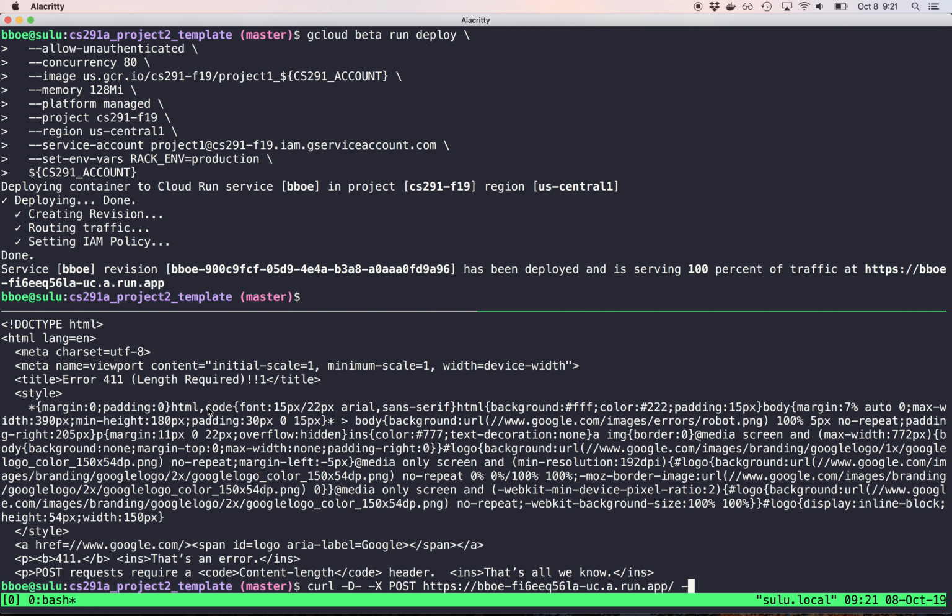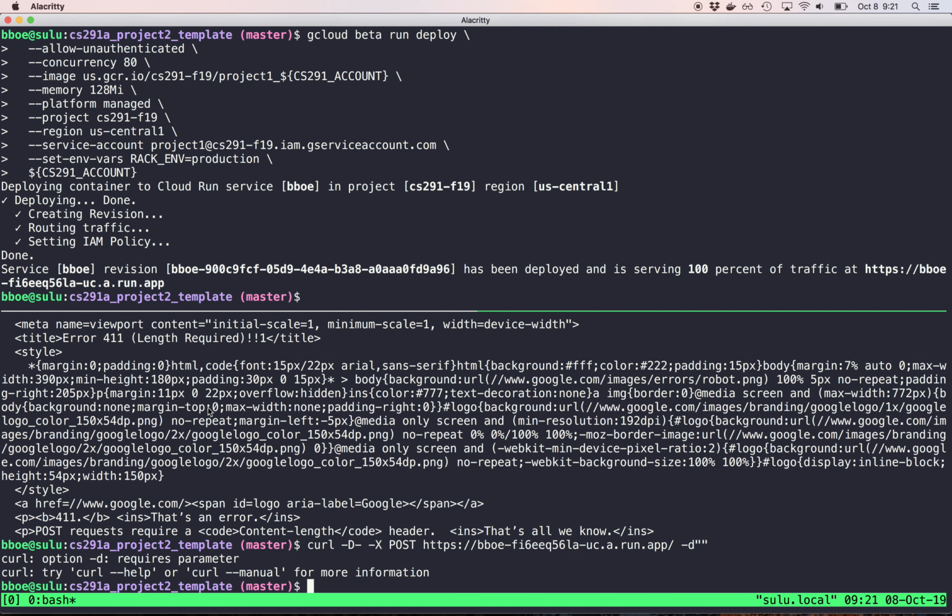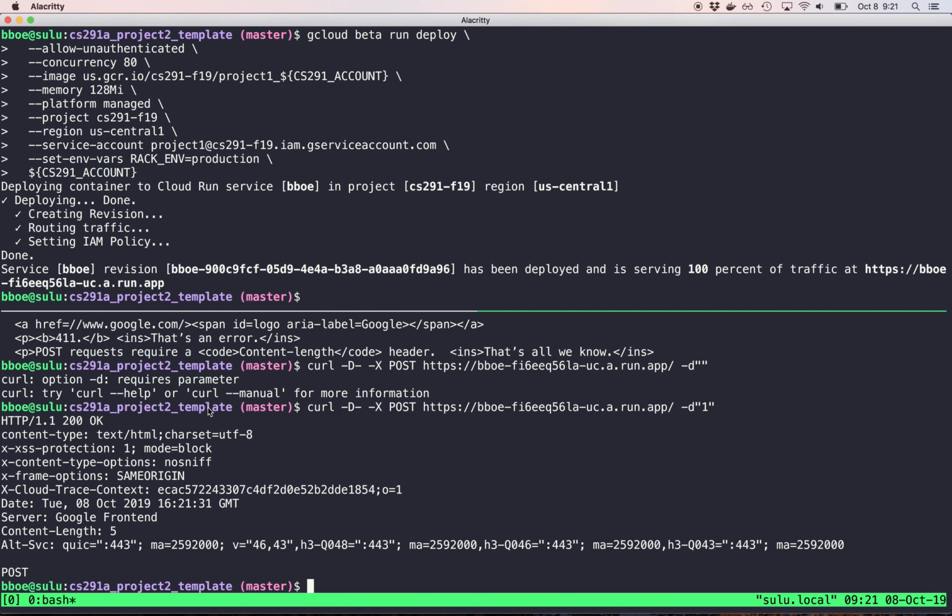So let's actually put a body. And I think that, nope, one. There we go. Okay, so I'm posting a body that contains one post. So it just tells me post. I didn't respond with any information, but that information should be in the logs. So when we look at